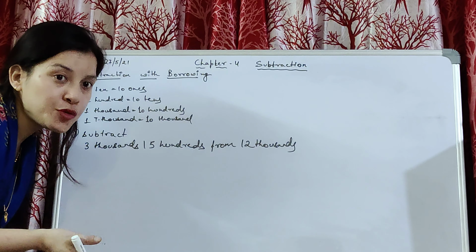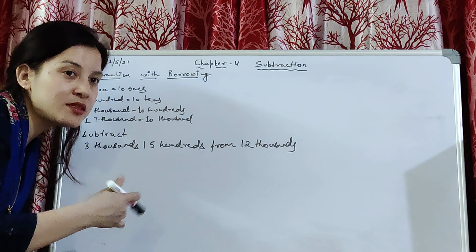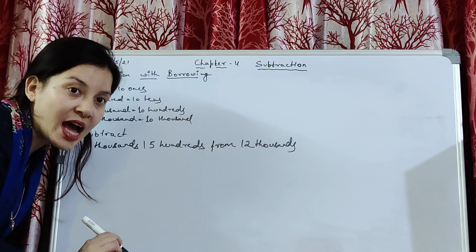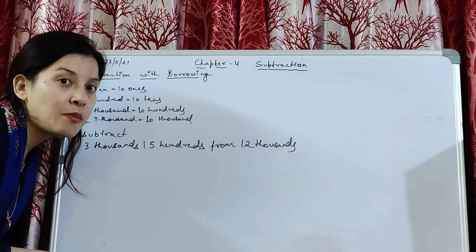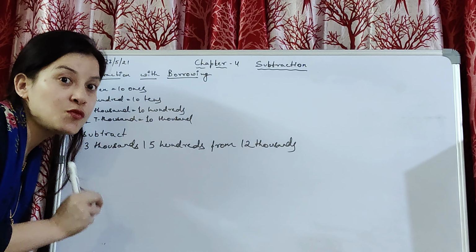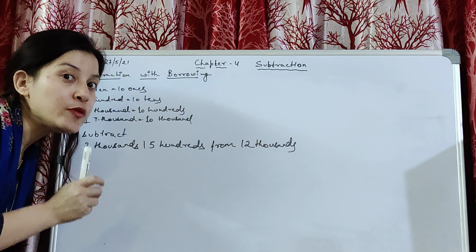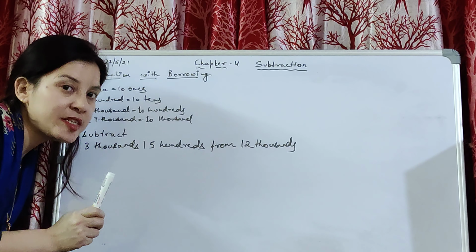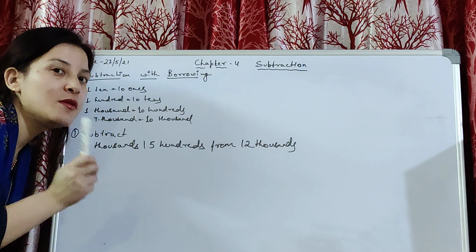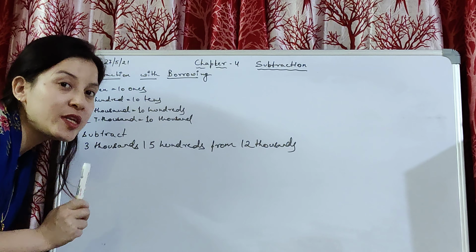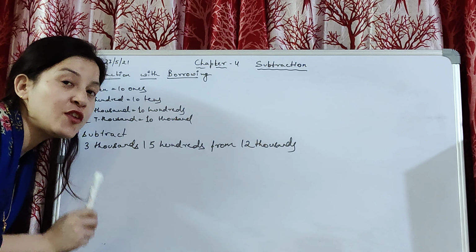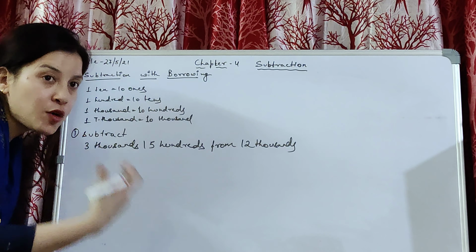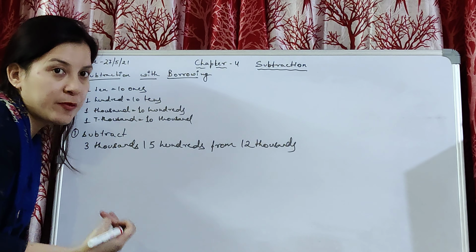In your junior classes, that means in class 3 or 2, you all have learned how to subtract 2-digit numbers and 3-digit numbers with borrowing. The same rule you used for 2-digit and 3-digit numbers, you will be using in subtraction of 4-digit numbers with borrowing and subtraction of 5-digit numbers with borrowing. First let's recall the regrouping method.